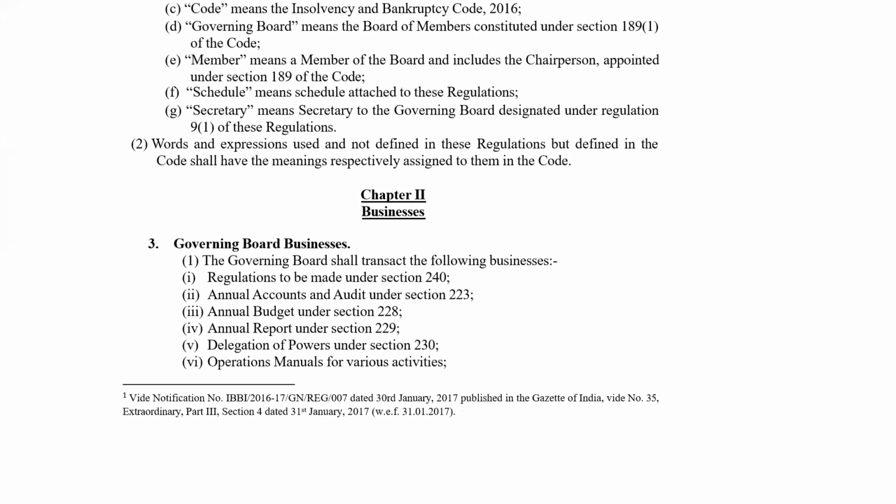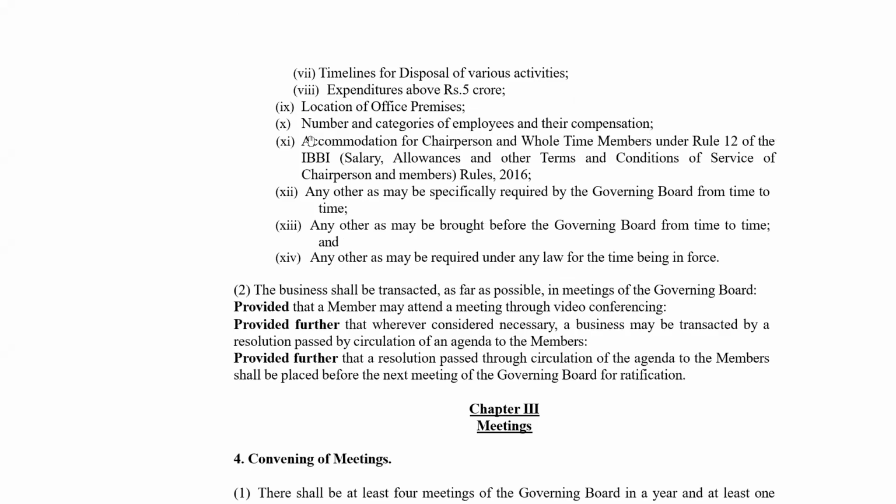तो गवर्निंग बोर्ड शेल ट्रांसैक्ट द फॉलोइंग बिजनेसेस: regulations to be made under section 240, annual accounts and audit under section 223, annual budget under section 228, annual report under section 229, delegation of powers under section 230, operations manual for various activities। ये सारे गवर्निंग बोर्ड का बिजनेस है। उसके बाद टाइमलाइंस फॉर डिस्पोजल ऑफ वेरियस एक्टिविटीज, एक्सपेंडिचर अबाउट 5 crores, location of office premises, number and categories of employees and their compensation, accommodation for chairperson and whole time members, any other as may be specifically required, any other as may be brought before the governing board, any other as may be required under the law, ठीक है।